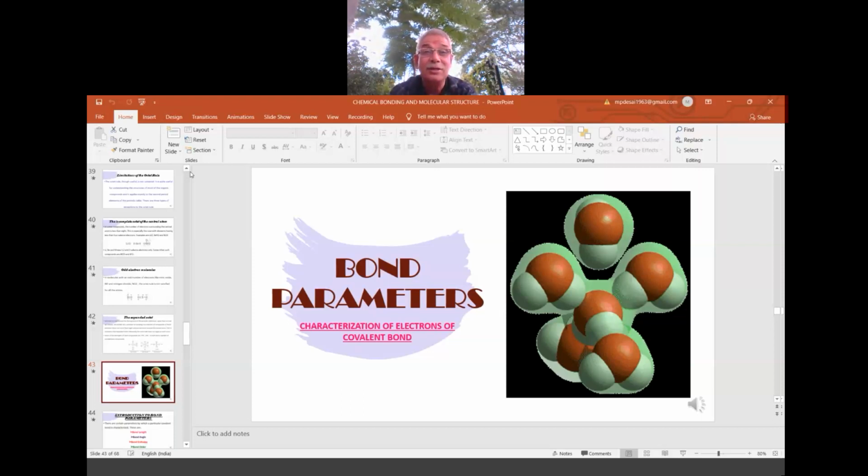And the best domestic fuel, LPG. Why is LPG the best domestic fuel? Because it has a high calorific value, parameter number 1, and a low ignition temperature, parameter number 2. Then it is easy to transport, easy to store, and leaves less residue after burning. All these parameters made LPG a special domestic fuel. So we depend upon LPG, not on wood or charcoal. Why does LPG become so popular? It is because of its parameters. In the same way, a bond between two atoms also has some parameters. We'll discuss them now one by one.